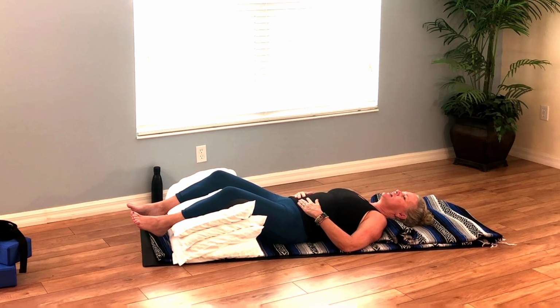And as you practice this breathing technique, begin to notice how your body softens and relaxes. And soon you'll fall fast asleep. And perhaps if you make a habit of this, when you wake up at 3 o'clock in the morning and you can't fall back asleep,